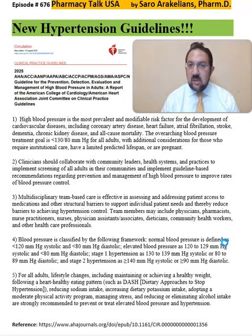Blood pressure, they also mention, is classified by the following framework. Normal blood pressure is defined as less than 120/80, elevated blood pressure is 120 to 129 systolic and less than 80 diastolic, stage 1 is 130 to 139 systolic or 80 to 89 diastolic, and stage 2 is 140 over 90 or above. And lastly, for all adults,